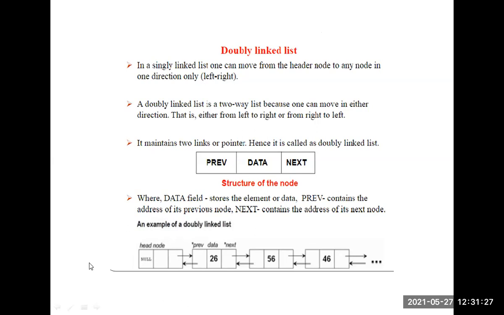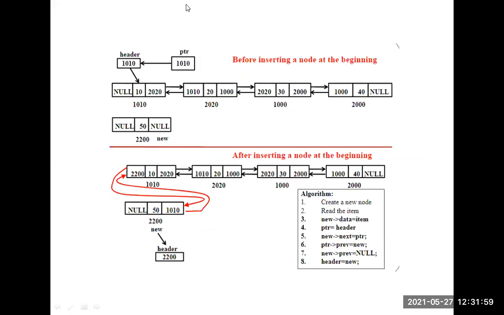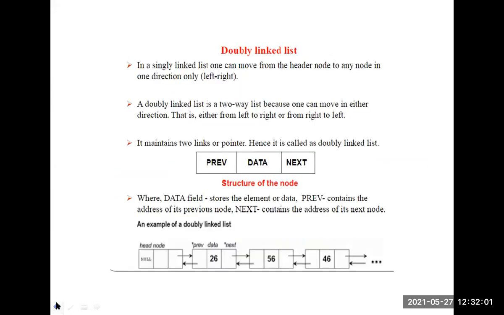Clear, students? So the picture represents here, we are considering a header node. The left link of the header contains null and the right link contains the next node address. And the last node's right link contains null, then we call it a doubly linked list. So this node address is here and this address is here. Just see the example. Here this picture is presented. So far clear students, ping me a message.